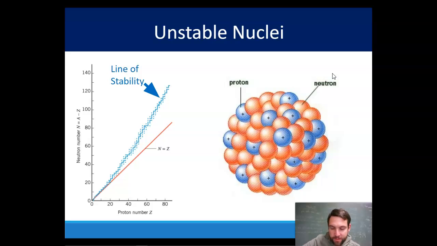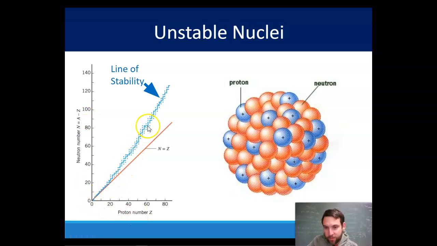So neutrons serve as this buffer between the repelling protons, because not all of these protons can touch, right? So the neutrons act as this buffer. The strong nuclear force is still going to be at play, still holding this big jumbled pile of charges together. But if there are more neutrons than there are protons, then we start seeing, if we graph them, with the neutron number and the proton number,